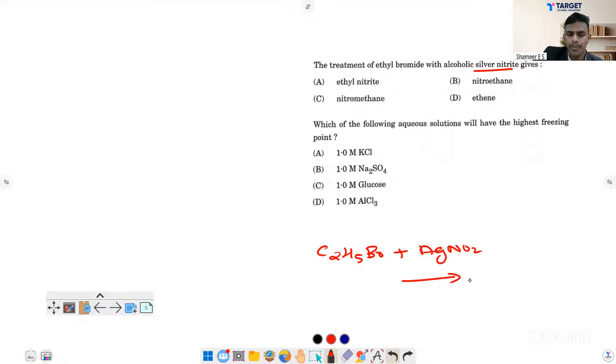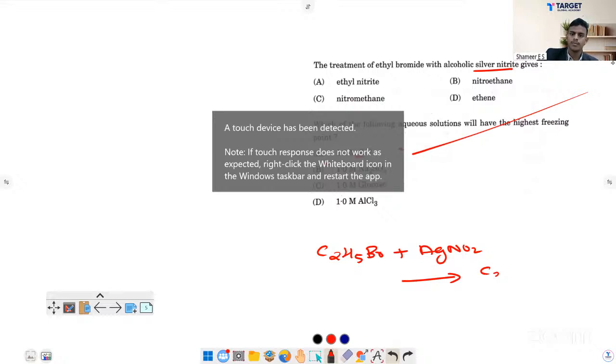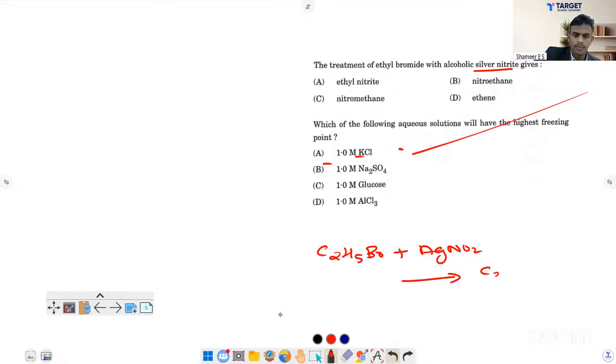NO2 will join here, correct? So here you will get nitroalkane,